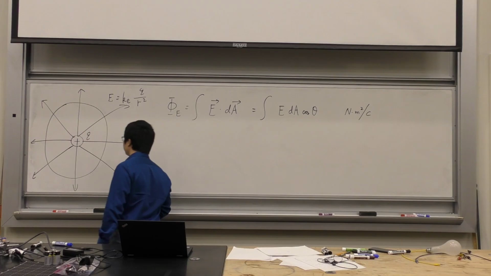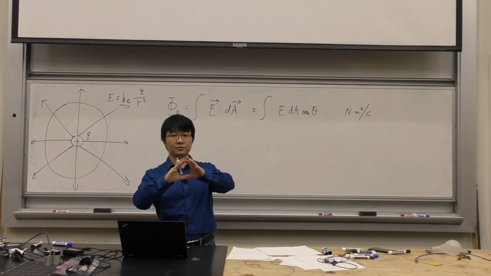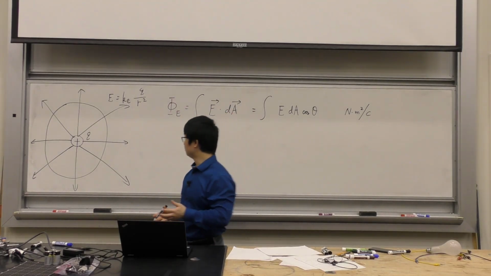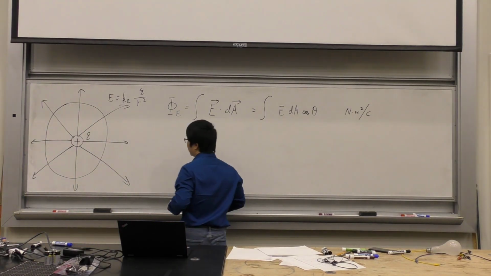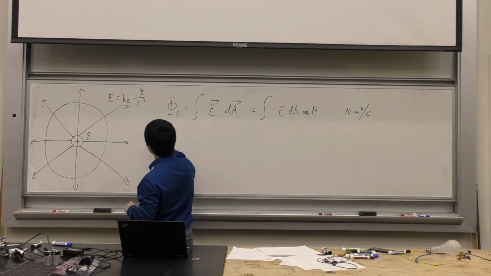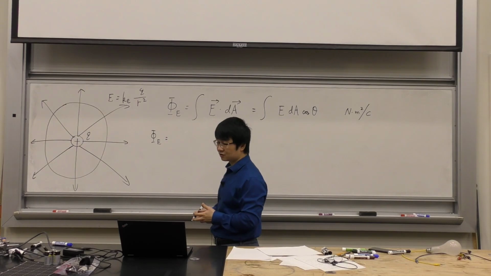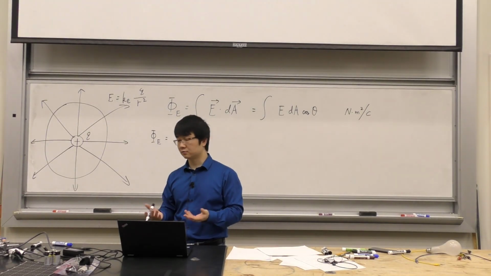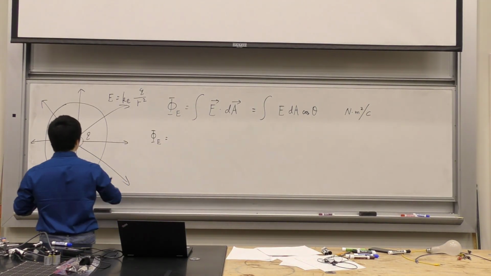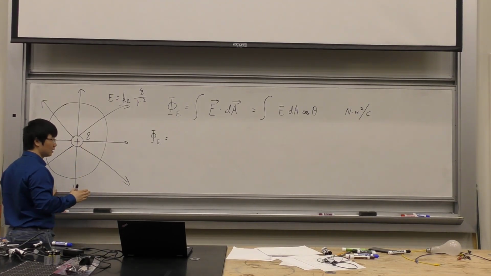Now how do I find the flux through this spherical surface? Remember, this is not a circle. You should imagine it's a three-dimensional spherical surface which has this charge right at the center. Let's just use the definition. I would need to find the electric field, the dA and cosine theta. If there's any constant, from our experience, I can just take it out, which is very nice. In this case, with a spherical surface with the charge right at the center,